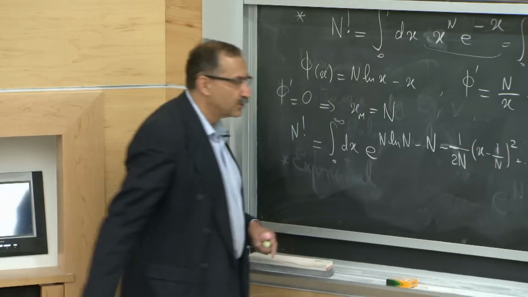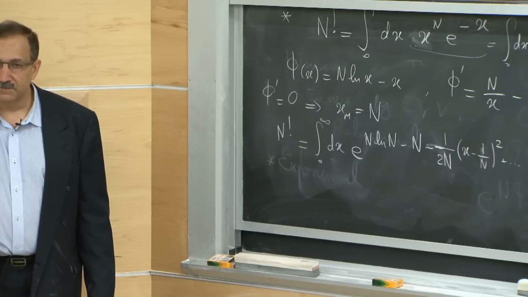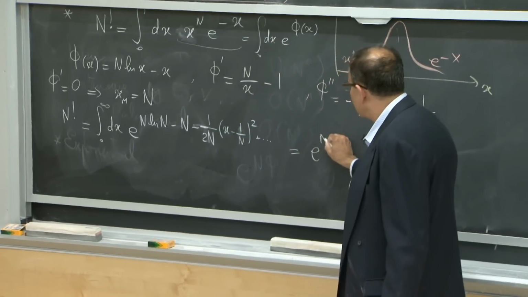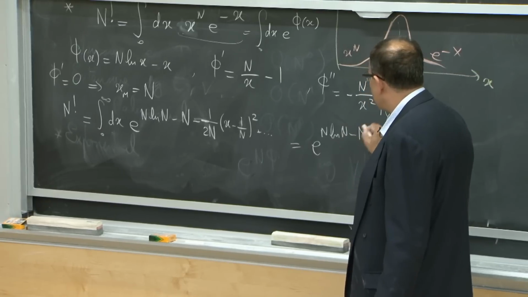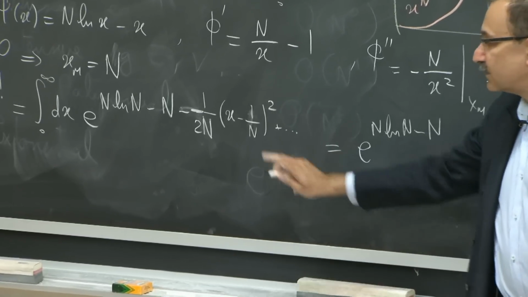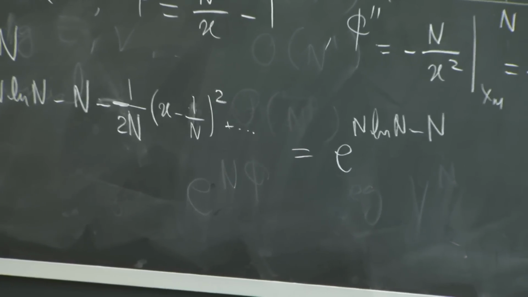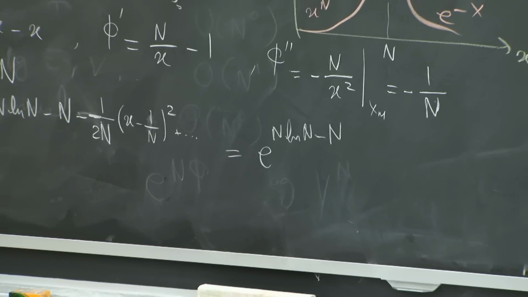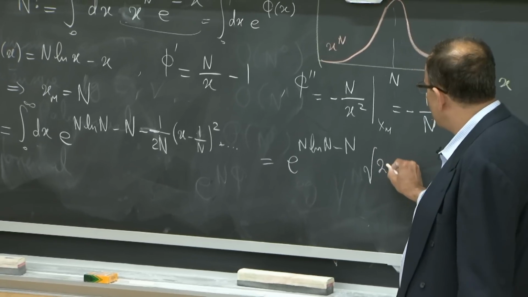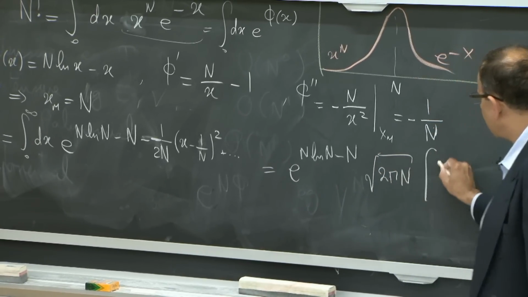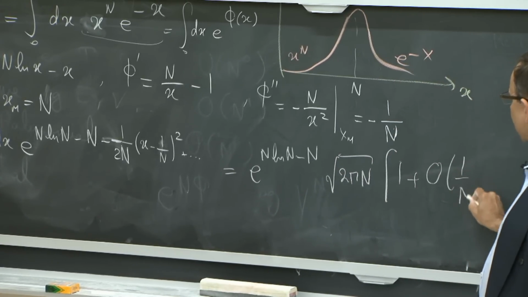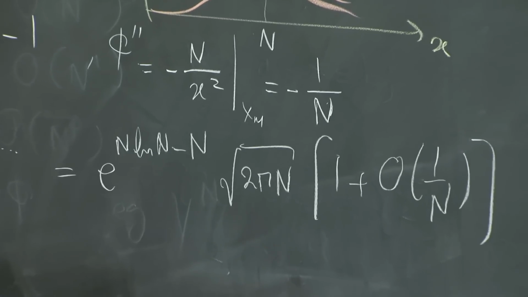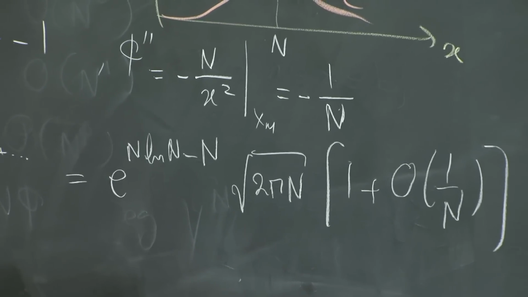And there will be higher order terms from the higher order derivatives. Okay? So I can clearly take e to the n log n minus n out front. And then the integration that I have is just a standard Gaussian with a variance that is just proportional to n. So I would get a root 2 pi n, and then I would have higher order corrections that if you're energetic, you can actually calculate. It's not that difficult. So you get this Stirling's formula